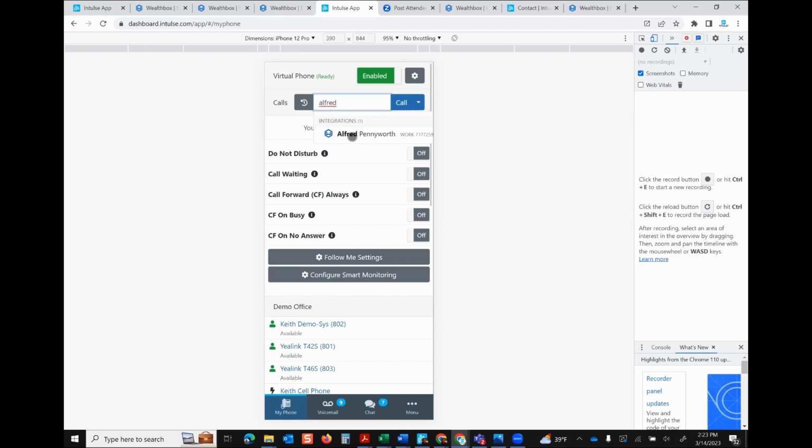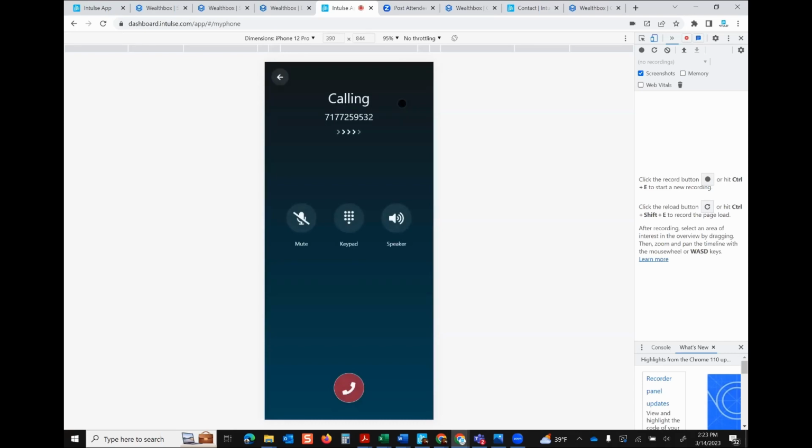So there's only one match so far in any of the databases or contacts that are connected with this particular phone system. But here it is, and you can see the icon beside his name so that you know this is Alfred in Wealthbox. I can just touch his name, touch his phone number, and just like that, I am calling him